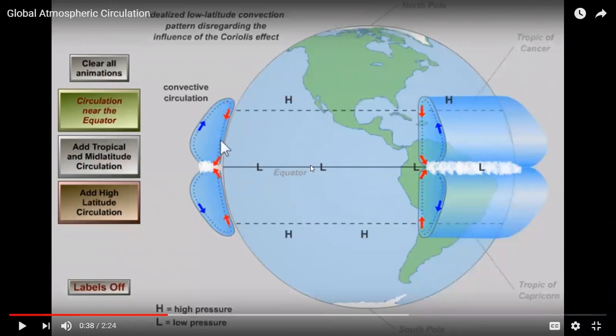The air is rising. These cells, he just mentioned it briefly, Hadley cells, because he's the fellow who discovered them. Don't worry about that, but they have a name. All right, so you see how they form, and this is going to be 30-degree latitude north, and this is 30-degree south, and this is the equator, 0 degree, okay?